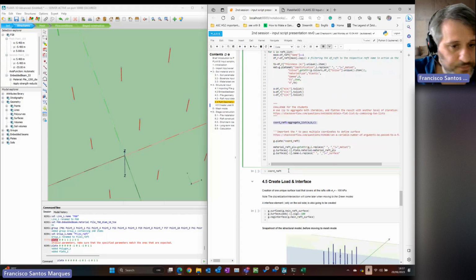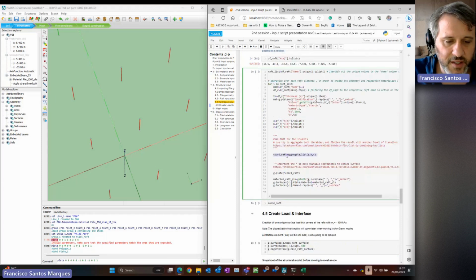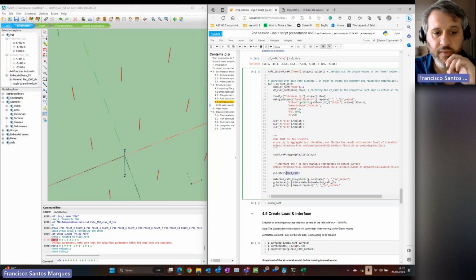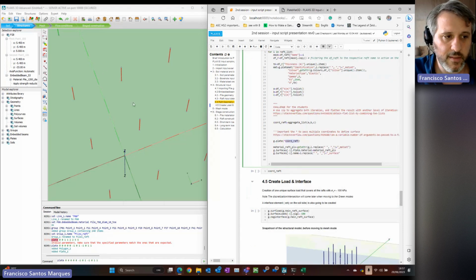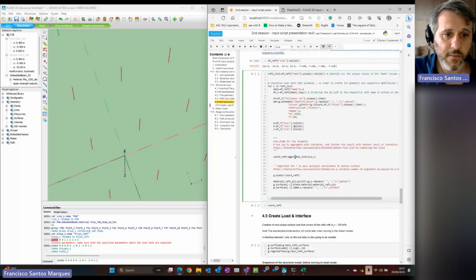And of course, then I save this into a list, and then here it is, the command gplate, which is the same one here, and the asterisk, the star, is important because then I'm saying that I want to pass all the values inside of the list into that function. Okay, if I do this, it will create the surface, and then of course, then I have to assign the materials here and change the name. Okay, so if I do this now,